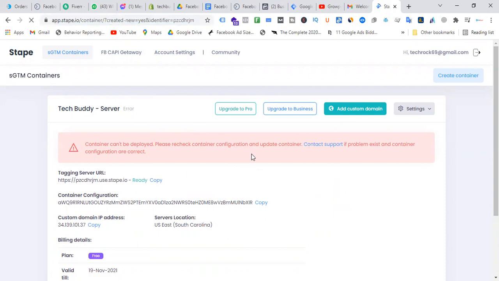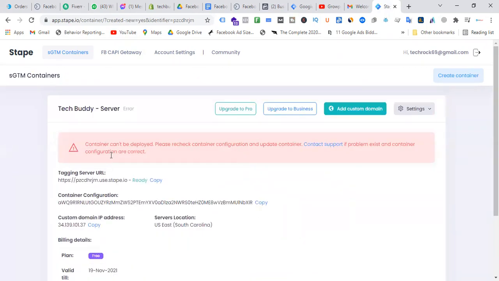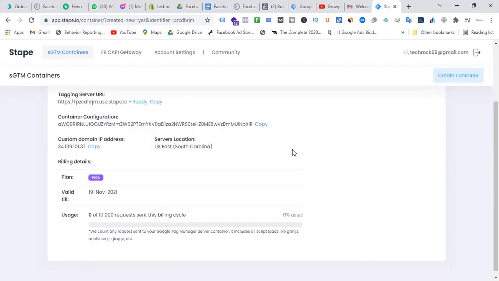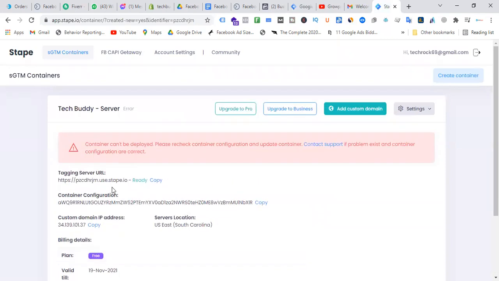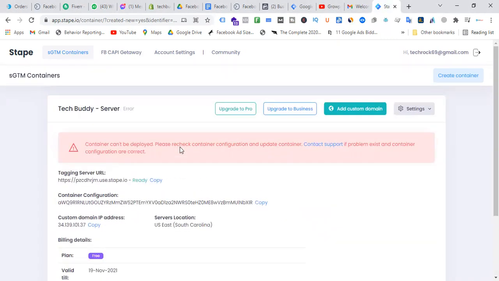Container can be deployed. Please reset container configuration, update container if possible. No, it's okay actually. It's showing an error. Might be any other problem.